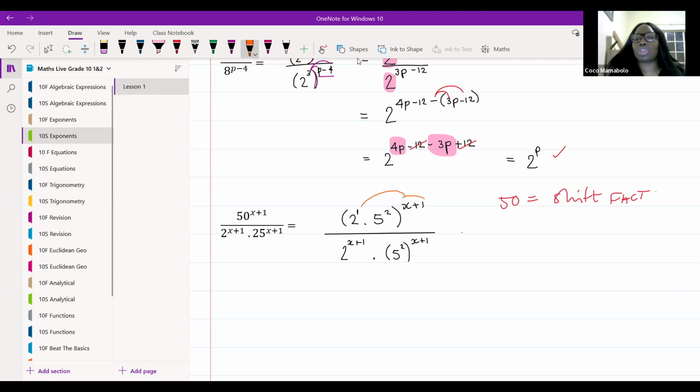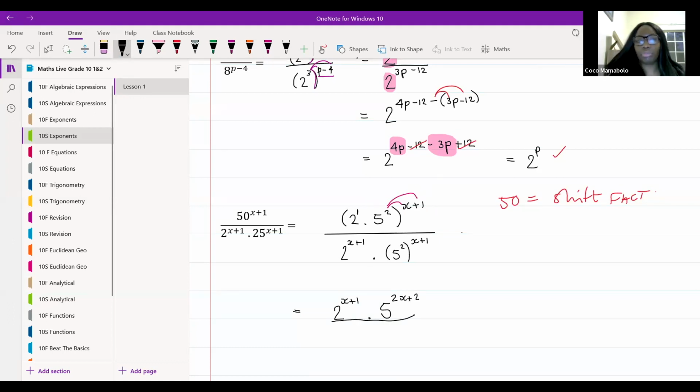So 1 needs to be multiplied by x plus 1, and 2 over here must be multiplied by x plus 1. So we need to take it a step at a time. All right, let's start at the top. We're going to get 2 to the power of 1 times x plus 1 will just give us x plus 1. 2 to the power of x plus 1 times 5 to the power of, now if we distribute 2 times x, 2 times 1, that's going to give me 5 to the power of 2x plus 2